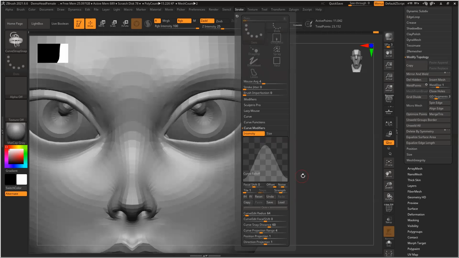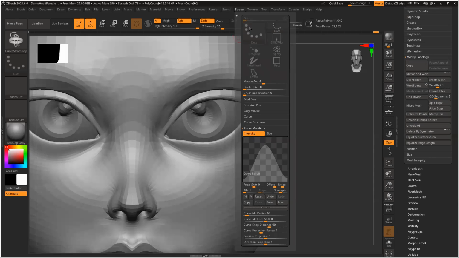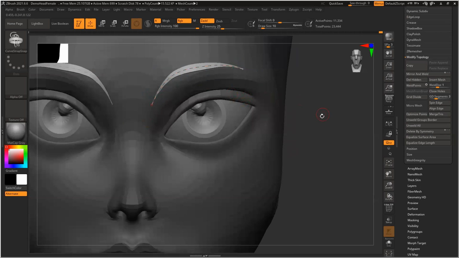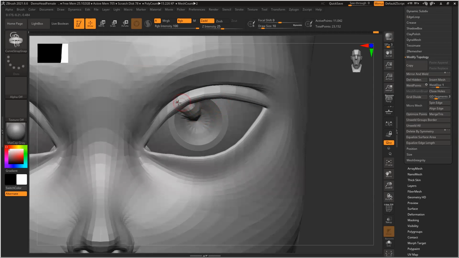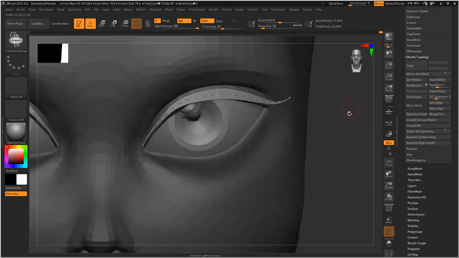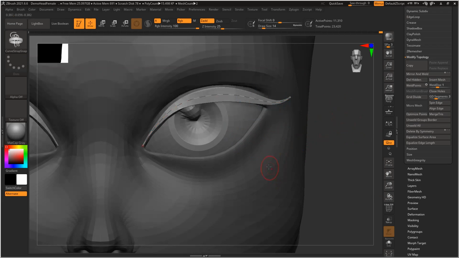So now what will happen if I create the brush? It will be thin, thick, and thin. So I need to click on size also. See, it will create the shape for me very easily. So let's see. I have two shapes here. Create this a little wider. Too much. Yeah, this is fine.